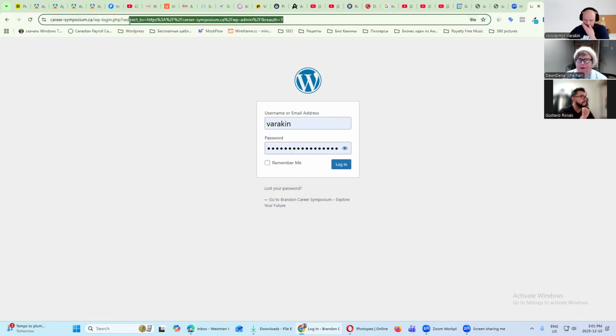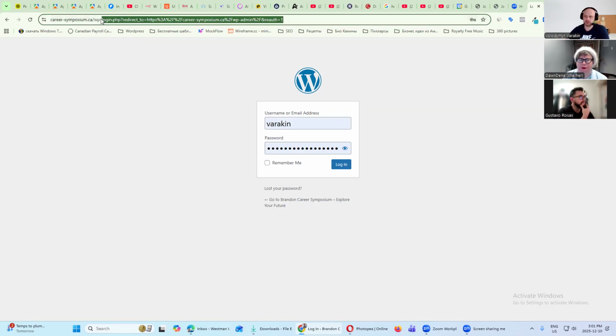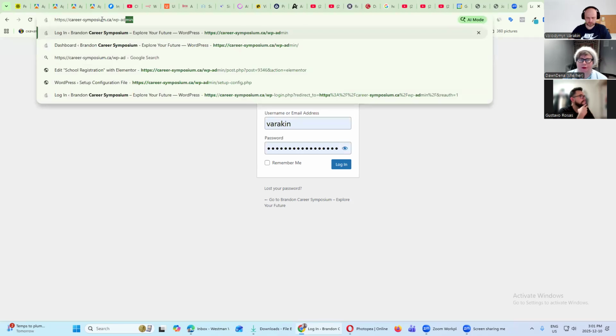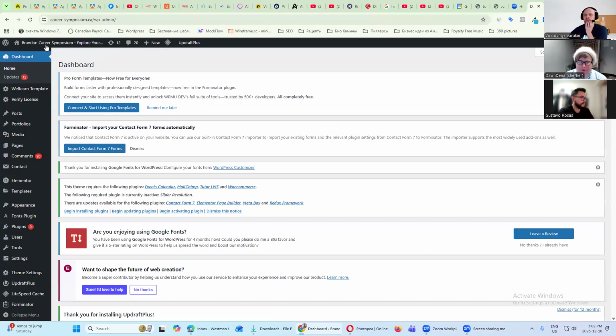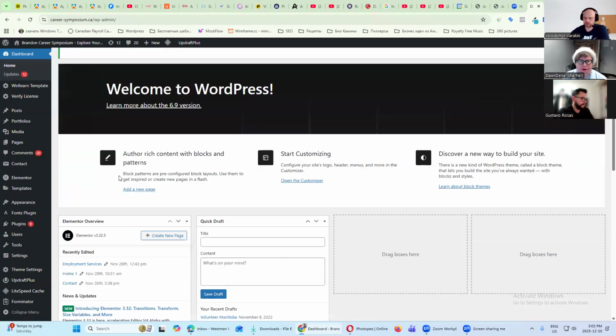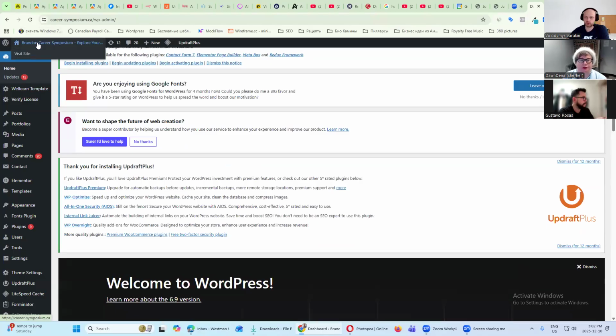So again, I will give you short instructions on how to log in, but basically you go to the WP admin link like this, and you end up on this page, and then you enter your username or email, and then you'll see this screen. From here, you don't really need to know anything, so it's not important. So you go back to the website